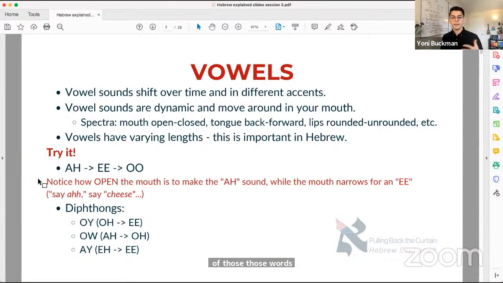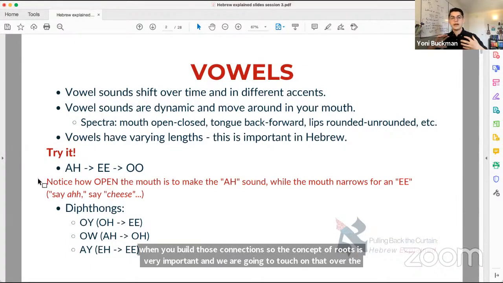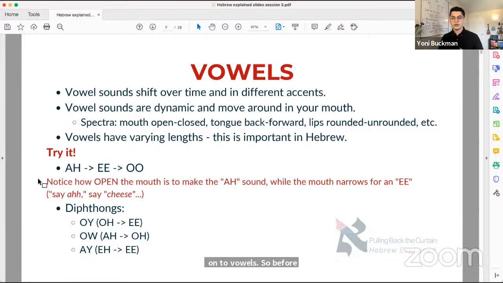So before, we talked a lot about the letters and how those sounds are made. So we're going to play a little bit with that, but we're really going to get into the interplay between vowels, which also help build out a root into diverse words. So this occurs, by the way, in English, where you have words whose consonants are the same, but the way that you play with the vowels changes the meaning. So I think last week, we talked a little bit about the example of the consonants